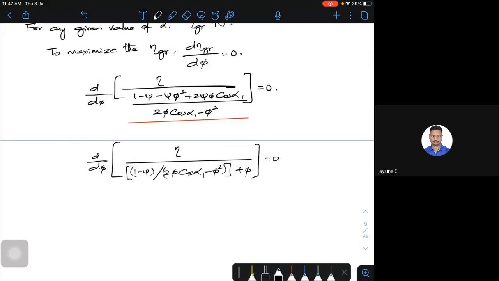Because a few things will simply cancel out. You take the LCM of it. In the numerator, many things will simply cancel out, so only psi remains. Sorry, psi, not phi. This is psi plus psi. This itself is sufficient. If you want, you can write it, but this is just optional.